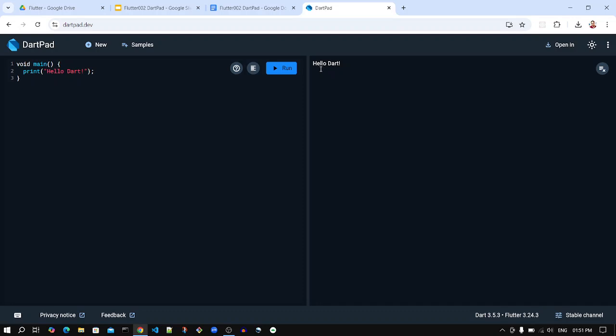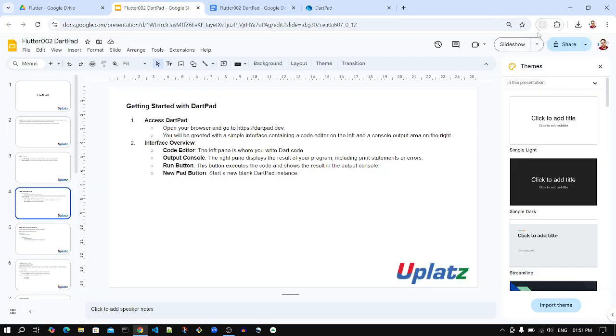It should show you this one: hello Dart. This is the output window, and this is our editor. And below that, where we saw the error message, it is the error message. DartPad sometimes has some refresh problem, by the way. So let's stick to our code,